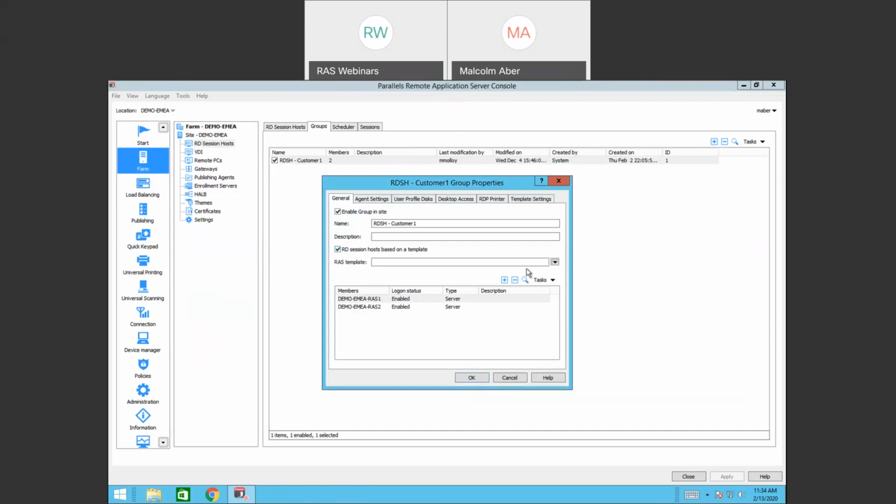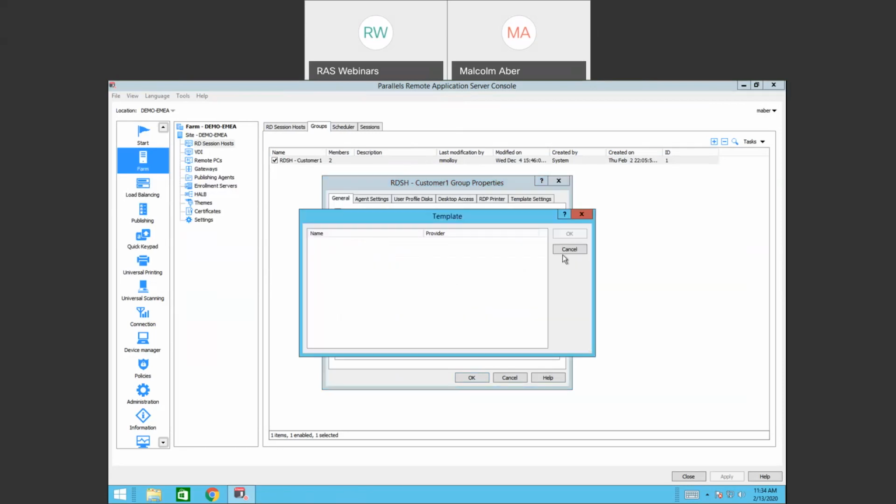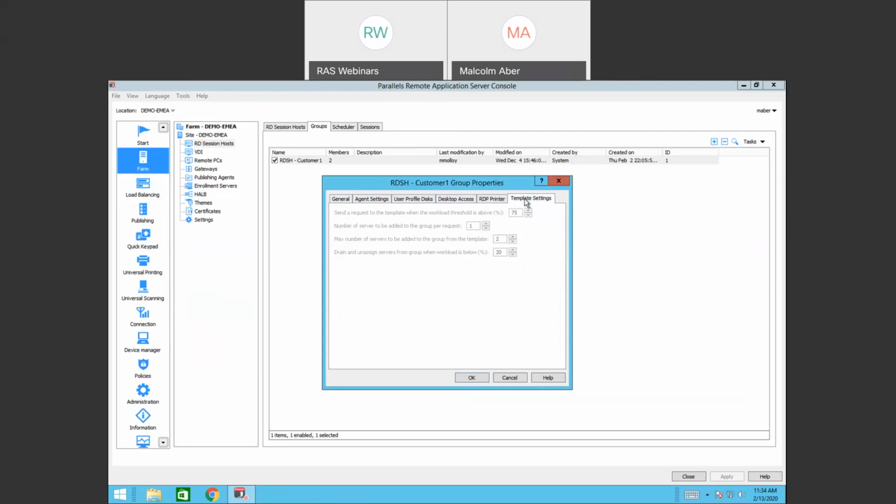So if I select a VM from this drop-down menu, if I have one, of course, I can literally state that if the workload is above this number, it will add a new server. So it will create a new server, it will add it to the group, and it will be literally in production within a couple of minutes. So we are scaling up,